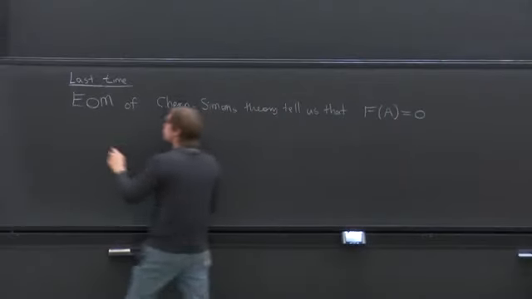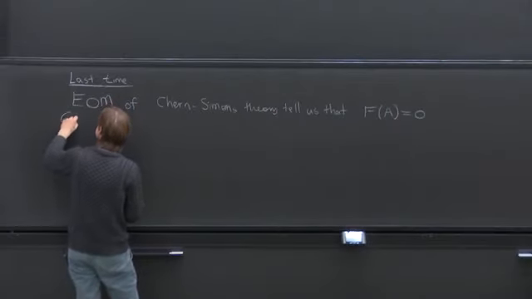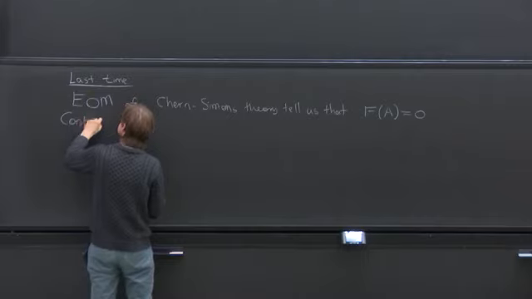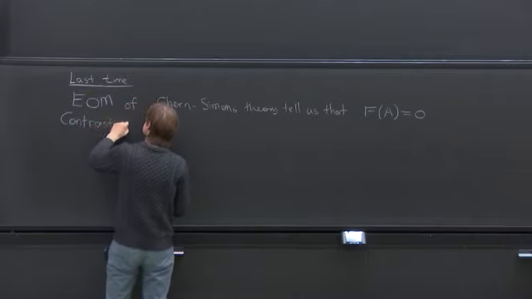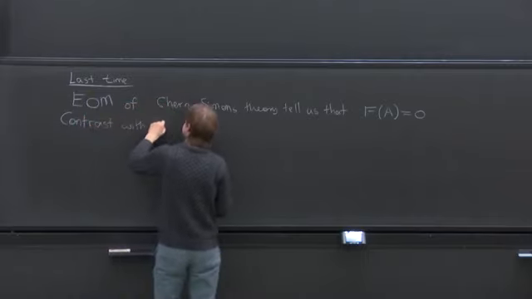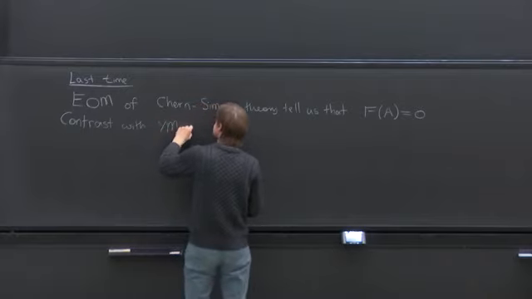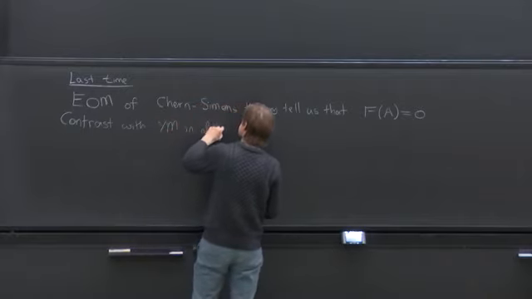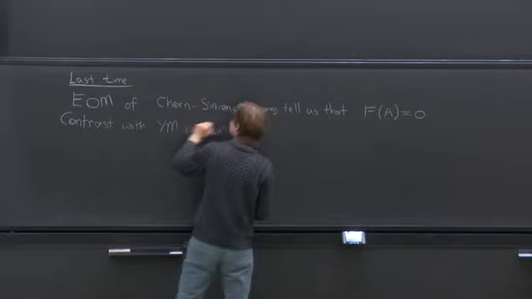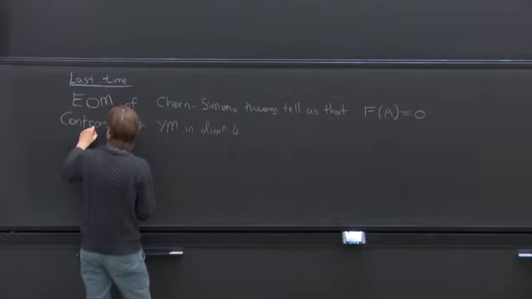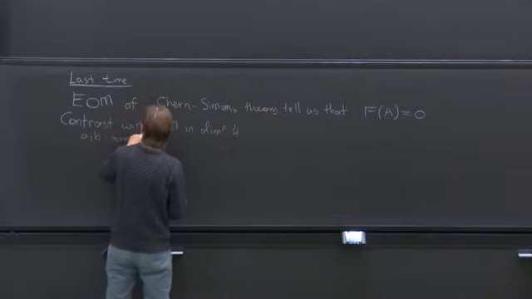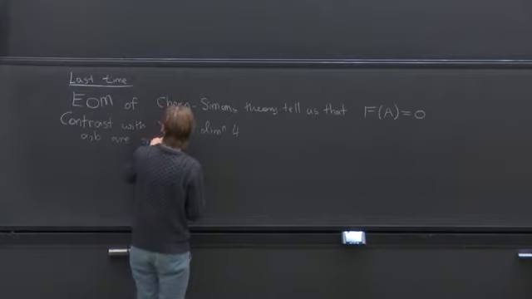So let's contrast with Yang-Mills theory. We're in dimension 4. So if A, B are space-time indices,